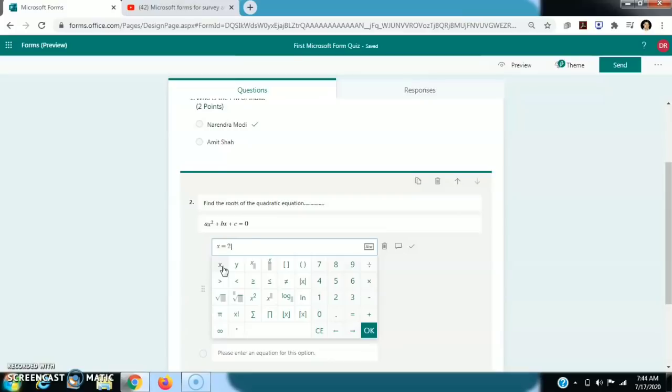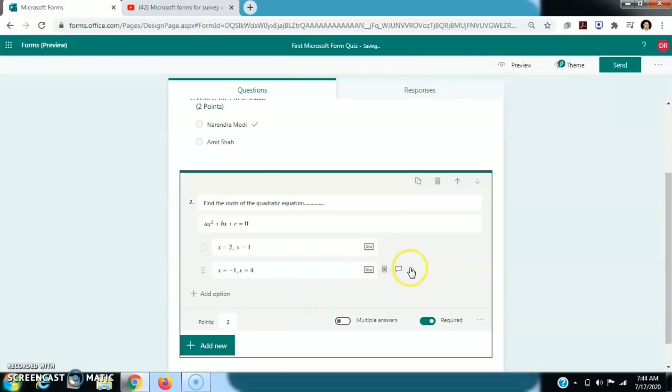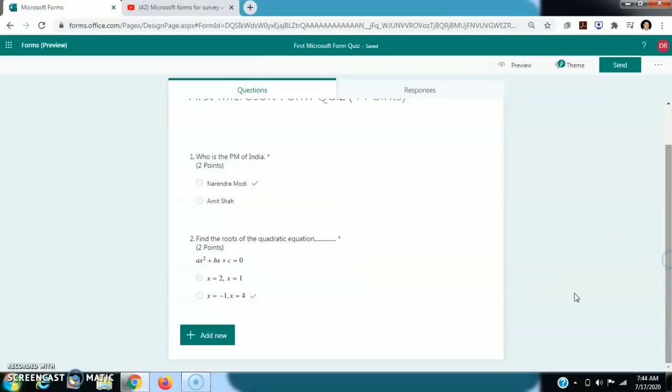Suppose x equals 2 and x equals 1. This is the second option. First option, sorry. Now I choose x equals minus 1 and x equals 4, whatever the option, and suppose I made it correct, and I pointed 2. So in this way we can add the equations.